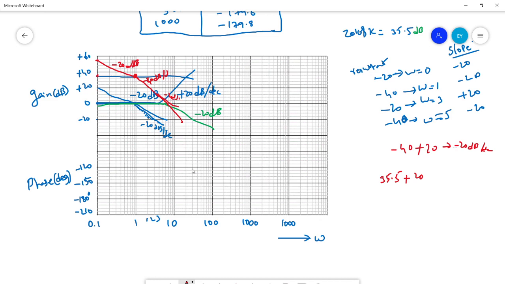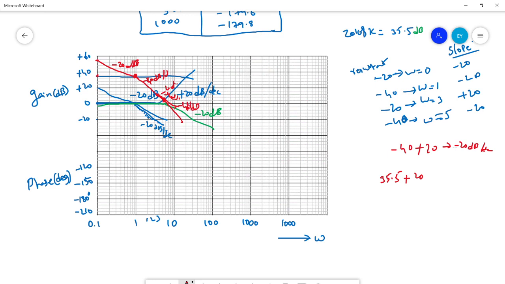Then from omega equal to 3 to omega equal to 5, the next corner frequency is omega equal to 5, which is giving minus 20. So here minus 20 is already there between omega equal to 3 to omega equal to 5. It is actually 1, 2, 3, yeah, 4, 5 till here, right? Omega equal to 5 is again contributing minus 20 to the resultant. Actually the resultant is minus 20 dB. It is contributing plus 20 here, plus 20, minus 20, and the resultant will be minus 40 dB per decade. I'll just rub it off and redraw the whole thing